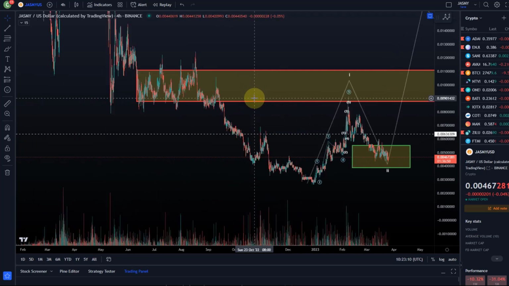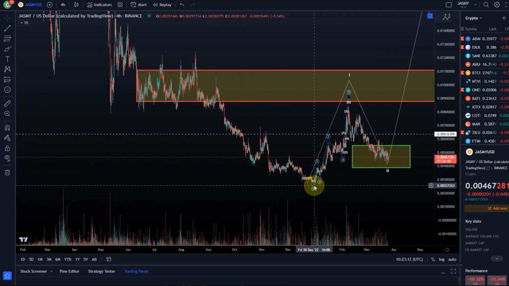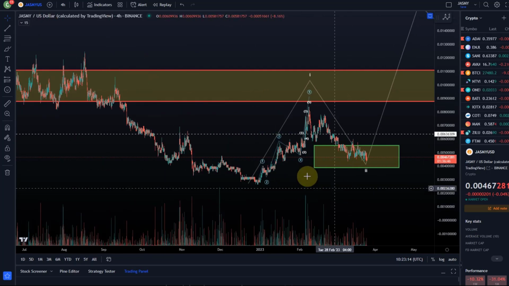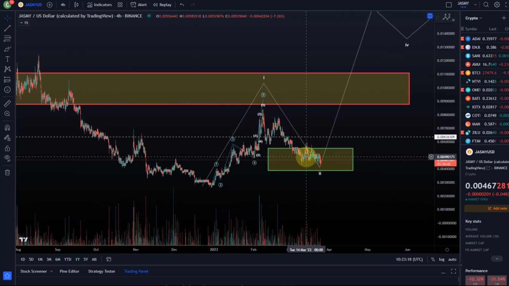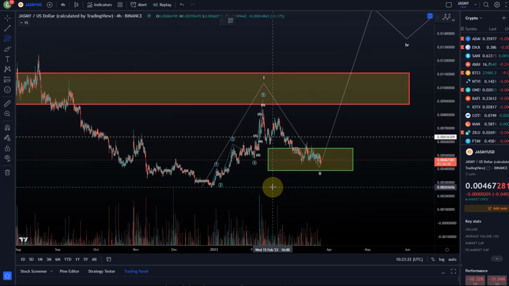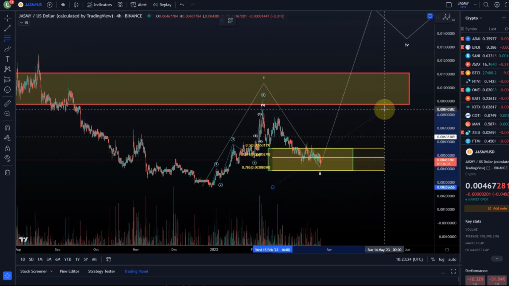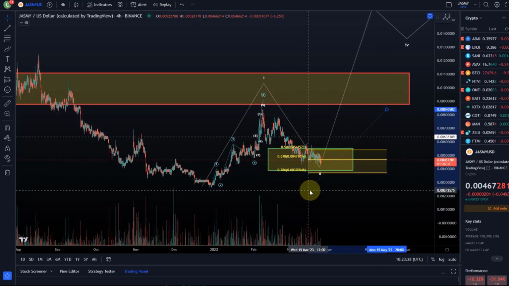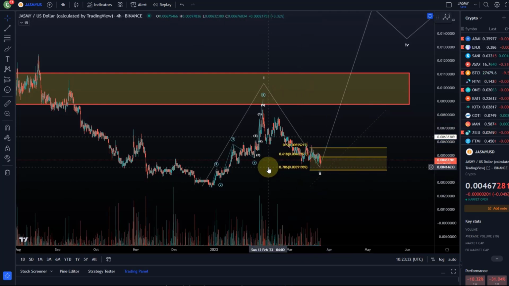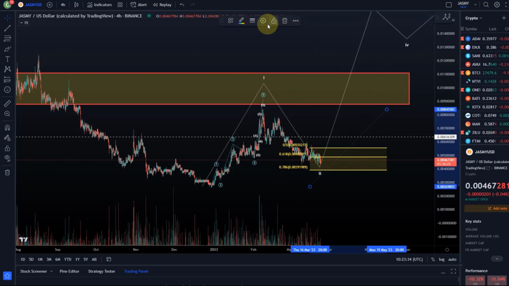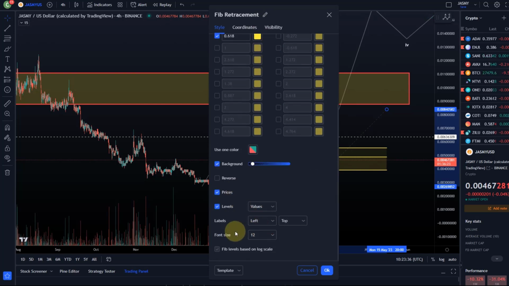We had 5 waves up off the low here of the 31st of December, and we rallied in 5 waves as many other coins. Have quite a clear ABC structure to the downside, and we are now in standard support. Let me just double check the support area, because this is still exactly as I had it from the last video. Yes, absolutely. So what I'm gonna do, I'm just gonna renew here the support area with the latest style that we use, and then we can talk about the